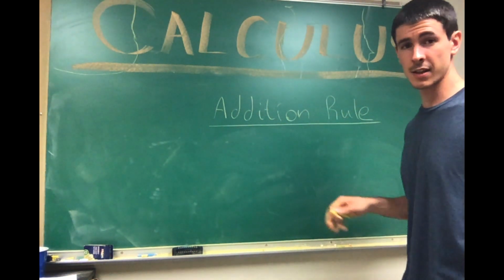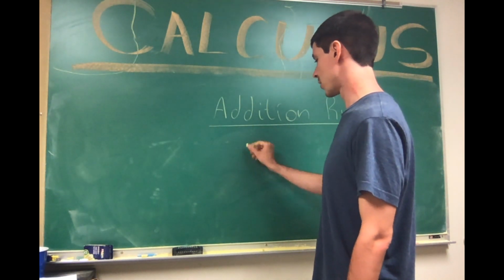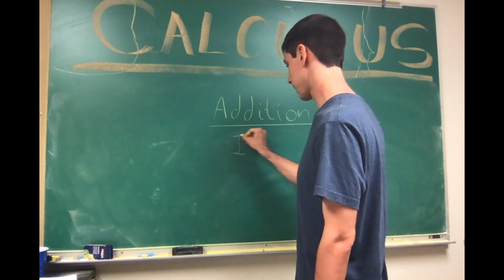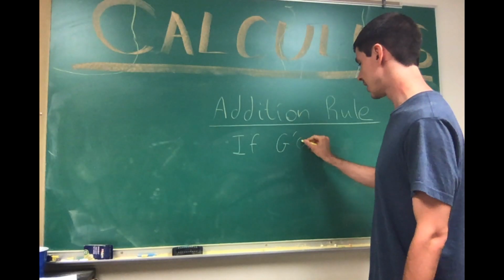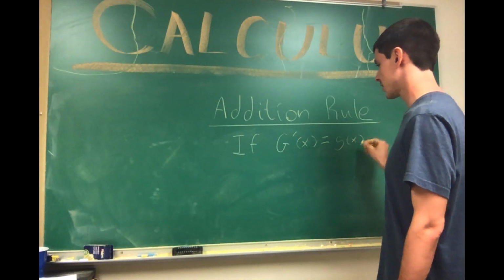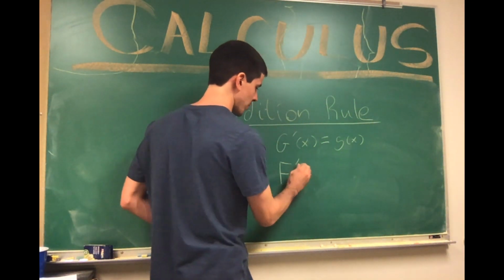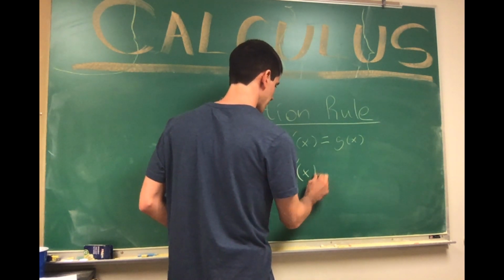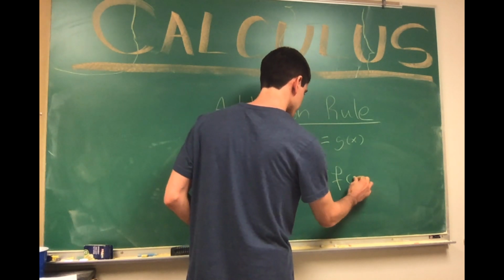So I'm going to go back to the capital letter notation. So if capital G prime of x equals little g of x, and capital F prime of x, the derivative of capital F at x, equals little f of x,